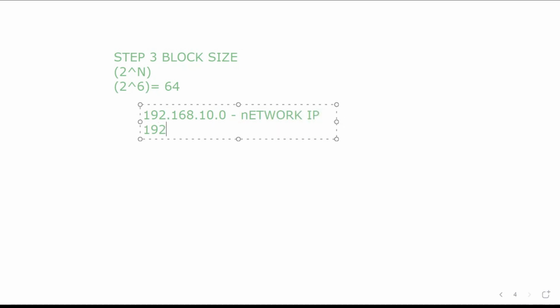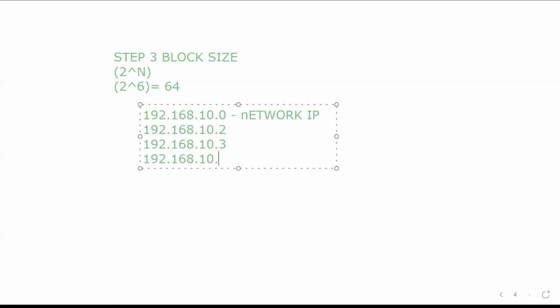Then 192.168.10.2, 192.168.10.3, 192.168.10.4, right? So our last IP is